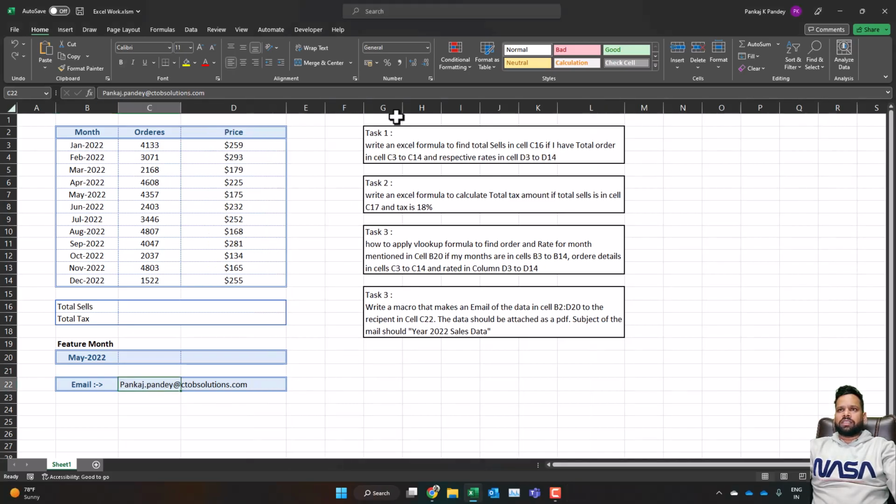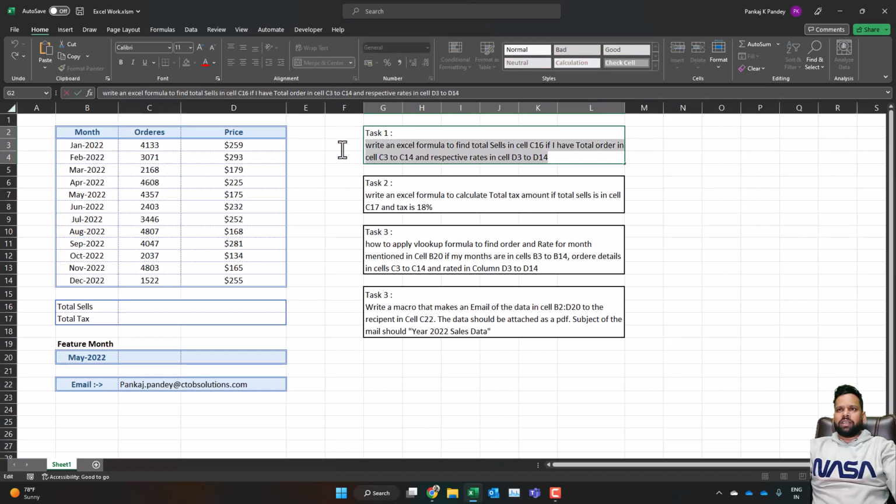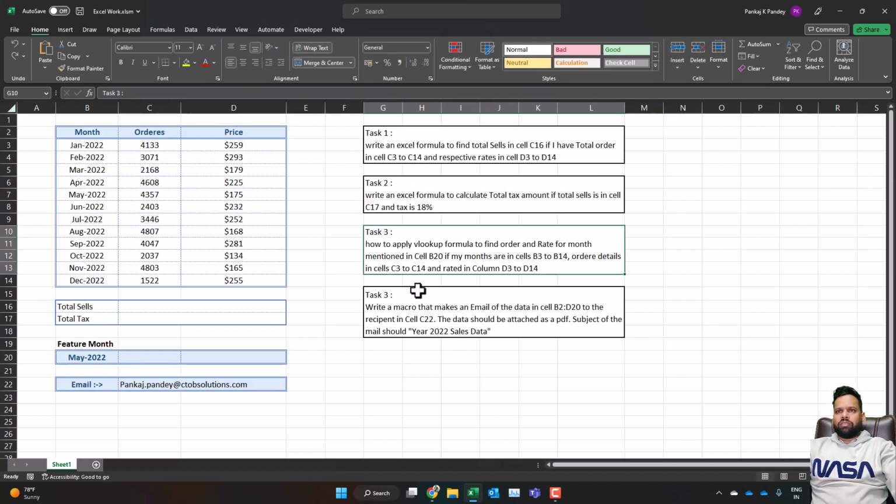First one is: write an Excel formula to find the total in C16 if I have the total orders in C3 to C14 and the respective rates in D3 to D14. The second task, we will ask to write a formula to calculate the tax amount. The third, we will ask how to apply a VLOOKUP formula to find the featured month's data. And in the fourth